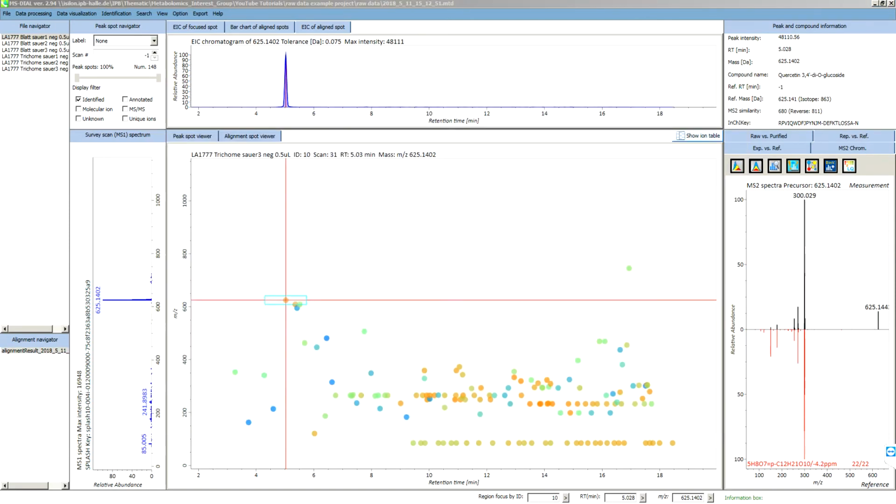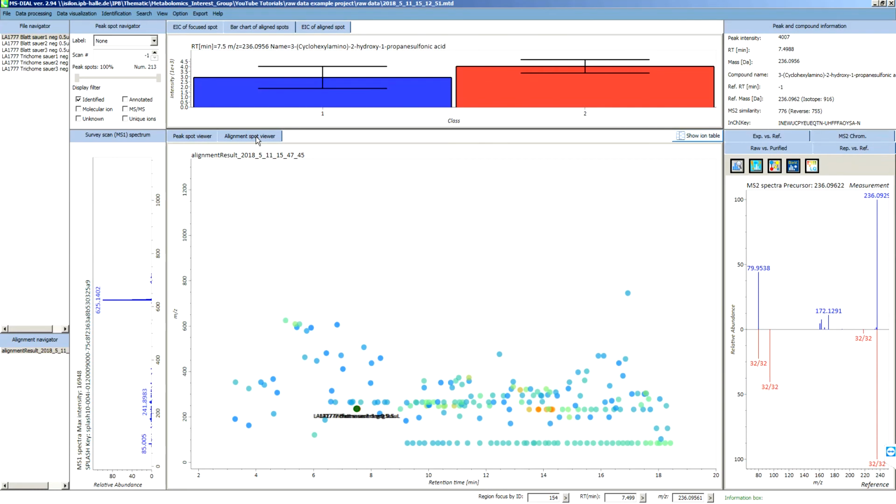Now on to the alignment navigator, which is located on the bottom left corner of the screen. Whenever you run a new parameter setting, a new alignment result will appear below the current alignment result. These results can be visualized in the alignment spot viewer. Navigating through this viewer is similar to what I've already previously mentioned using the peak spot navigator. MS-DIAL has extracted mass and retention time features from individual samples, and here we align these features across all measured samples of a dataset. Therefore, when you zoom in very close,